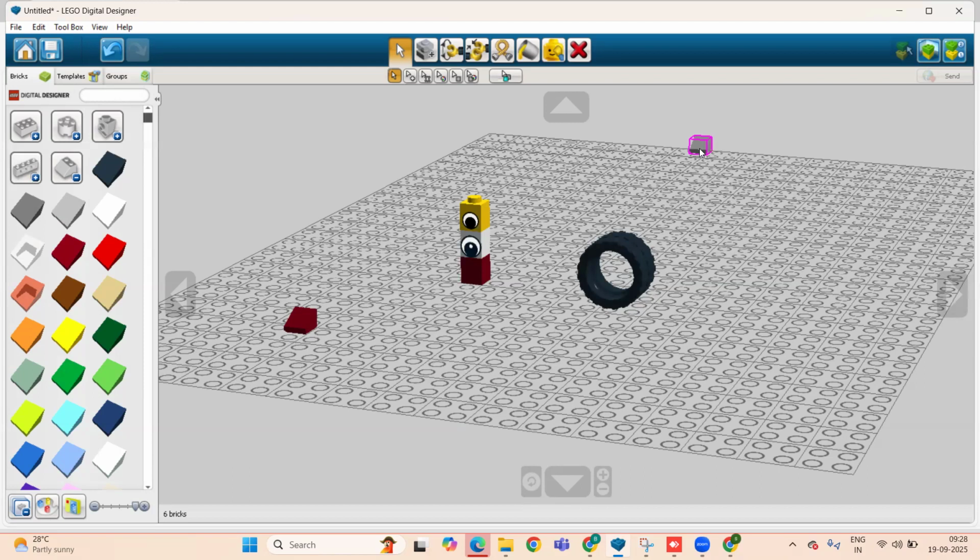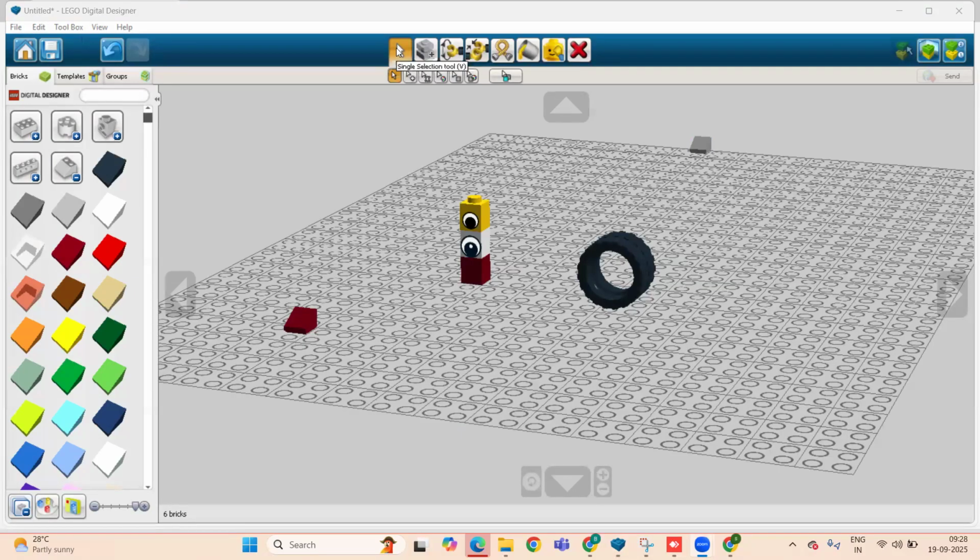Okay, now we'll jump directly to the building tools. Here you can see the building tools, and we are going to start with the select tool. This one is the select tool; you can see my cursor.